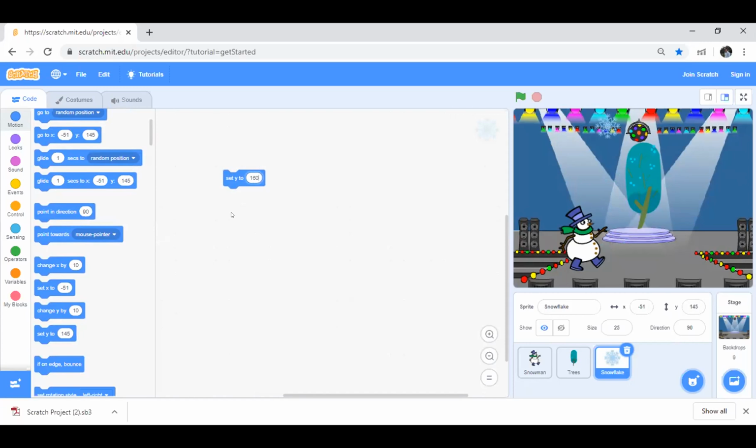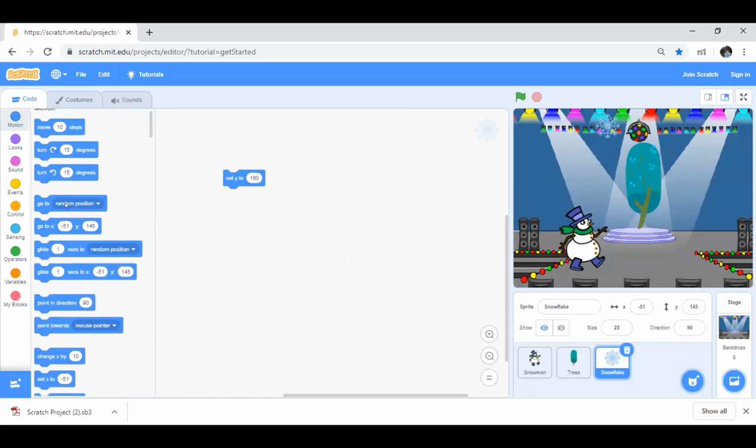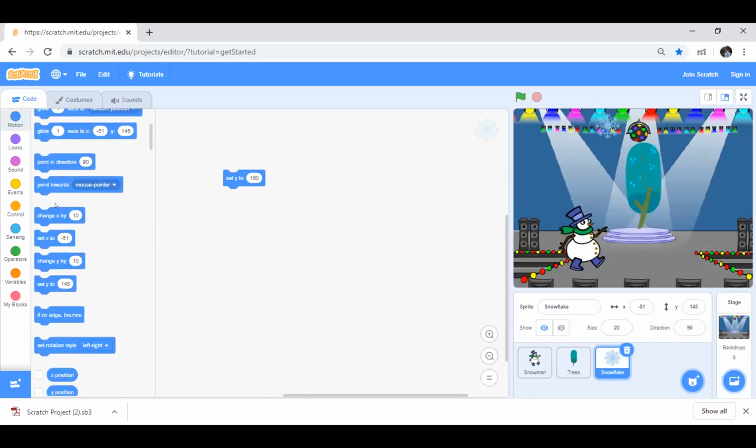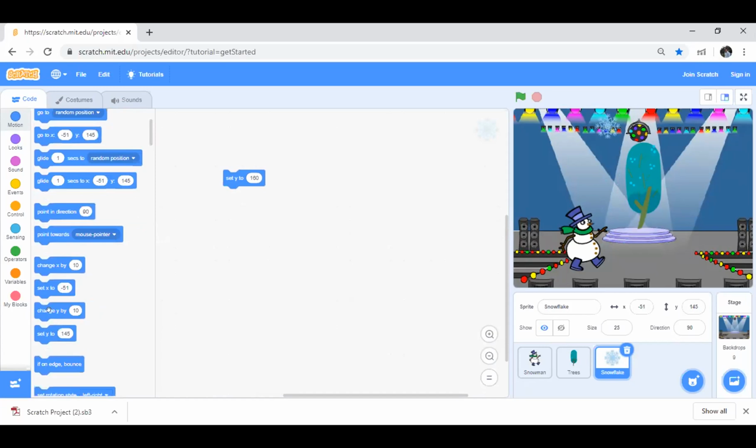Okay, then go to motion. Then there will be something called change Y. Change Y by 10. Do not attach it. And then go to control.